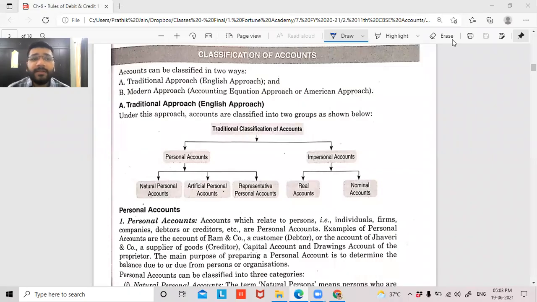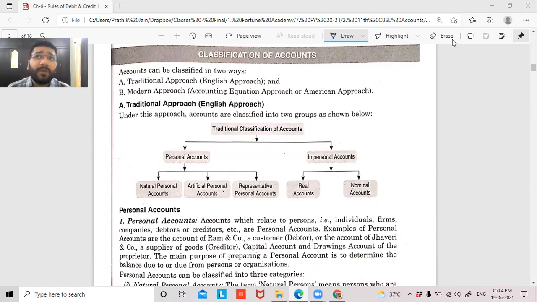So guys, we started a new chapter in the previous class, and we said that in that chapter we'll understand the accounting procedures, basically the rules of debit and credit, right? So I'll just give a quick summary of what we discussed, guys. We understood that every transaction that is being recorded in your books of accounts has to be recorded having evidence with it, right? The evidence is very important, and the recording takes place in journal, and journal is also called as book of original entry, right guys?